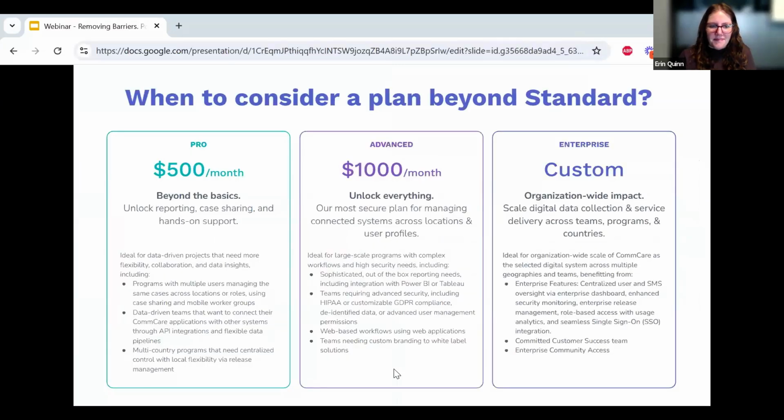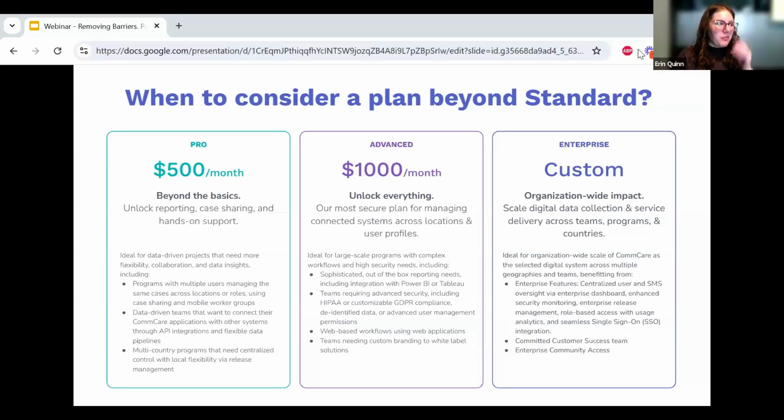Awesome. Thank you so much, Erin and Arthi. That was a really helpful walkthrough of everything that's possible, or at least some of the things that are possible with our standard plan. So we saw better data collection, powerful case management, and access to a secure, robust foundation to manage data for your programs. All of this makes me wonder, will the standard plan work for everyone? And when should folks on this webinar consider a more advanced plan?